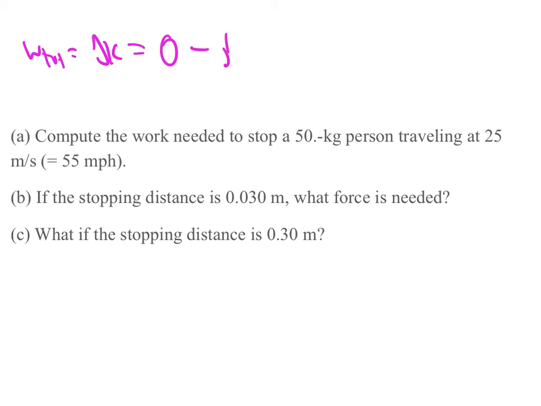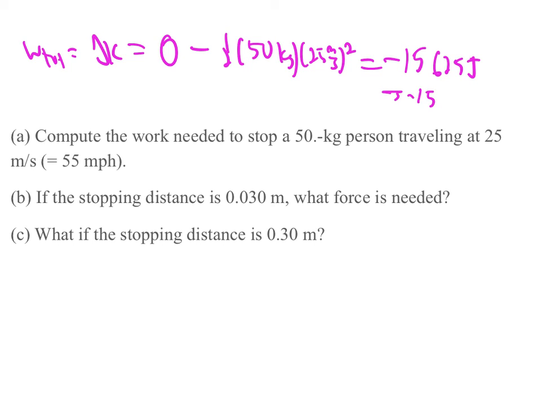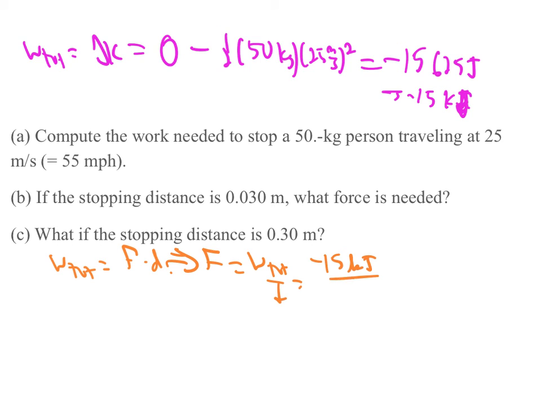So we end at 0 and we start at 1/2 times 50 kilograms times 25 meters per second quantity squared. This is negative because we're slowing down, 15,625 joules, which should probably really be minus 15 kilojoules because we certainly don't have enough sig figs for 4 digits there. And then we'll say, well, the work total is also the force times the distance. So this implies the force is the work total over the distance, or minus 15 kilojoules over 0.030 meters, which is something like